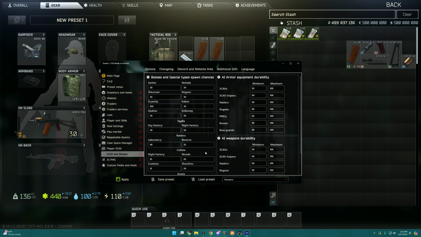So it's just a little bit, I think it's a little bit better. I personally also think that it is more fair and balanced than it should be as well. And again, if you guys were wondering how you tweak the boss chances and stuff like that, right in here. You can see right here, Gluhar,